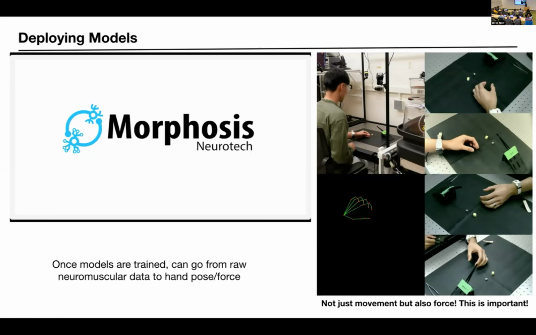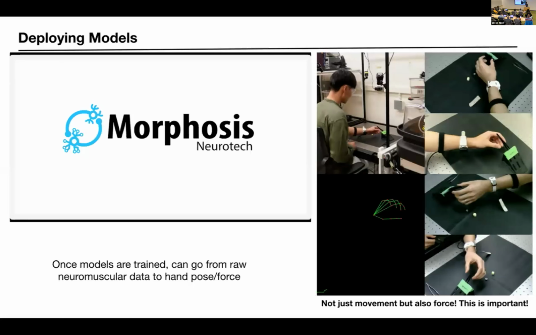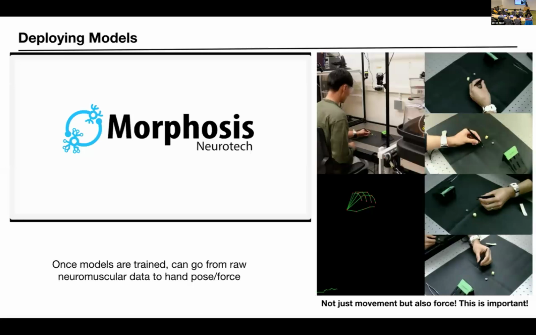So here's what's actually kind of complicated. This is Kevin again. He has a device on his wrist. He's going to pick up some tweezers and pick up two objects, sort of squeeze. This is actually a good video to watch this one. And then this reconstruction of his hand from the signals. And below I'm going to plot force, like how much force he's applying to this. So his hand actually is not going to move that much. The pose doesn't change very much. But you can see he gives it a little squeeze.